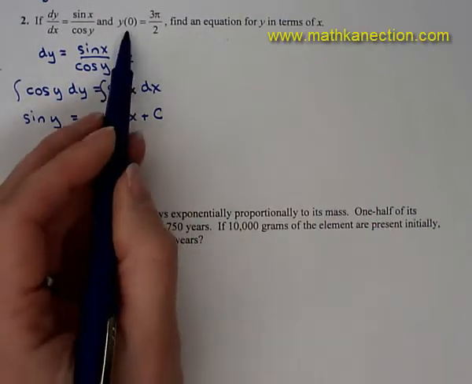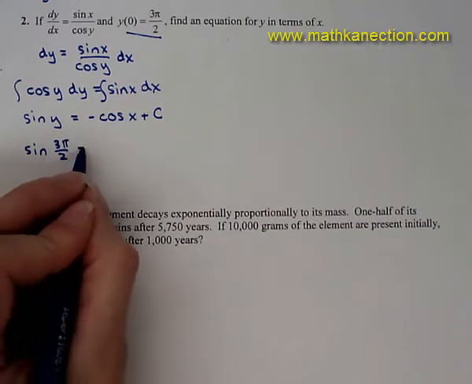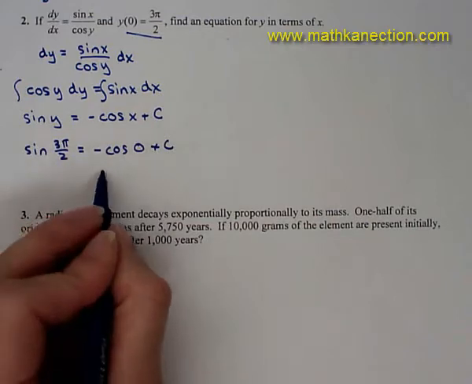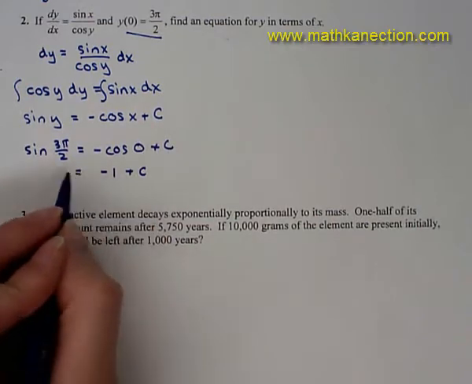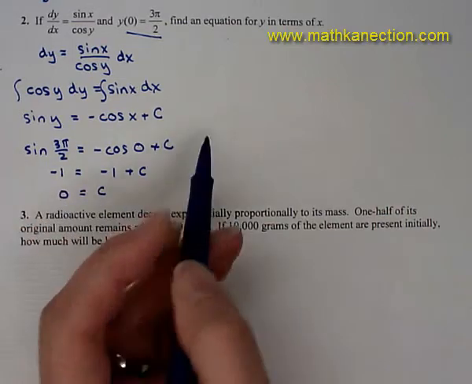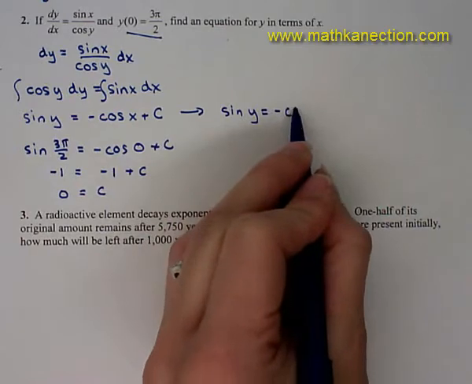Replacing in the initial condition, we have sine of 3 pi over 2 is equal to negative cosine of 0 plus c. Sine of 3 pi over 2 is negative 1, cosine of 0 is 1, so the value of c is equal to 0. So sine of y is equal to negative cosine of x plus 0,